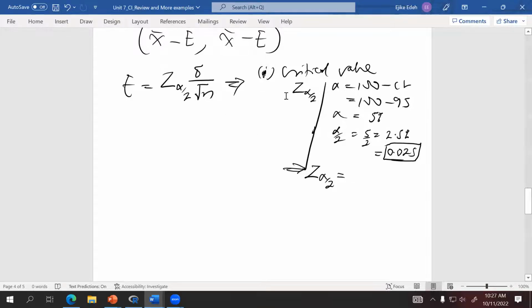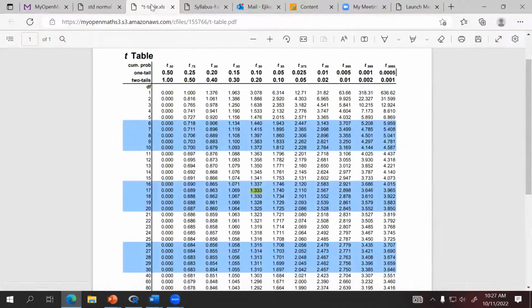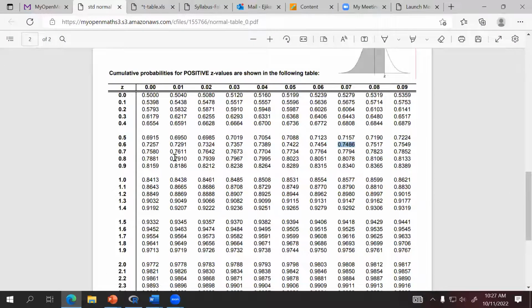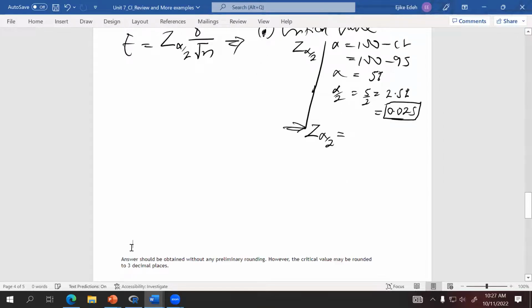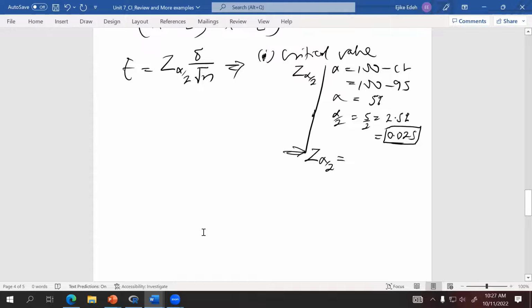So we go to the table now. This is the Z table. We're looking for 0.025. This is one way to deal with this question. I will show a second way because you want to bear in mind that your final answer here must be positive. If I look for this area, I'm going to get a negative value, but I need a positive value, right? So another way to look at that is to say,